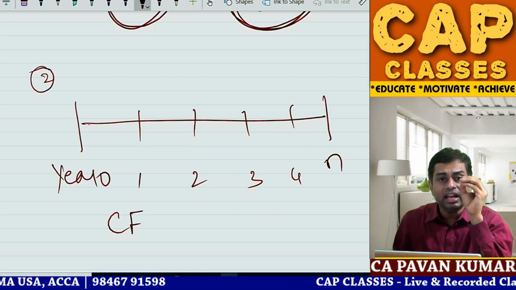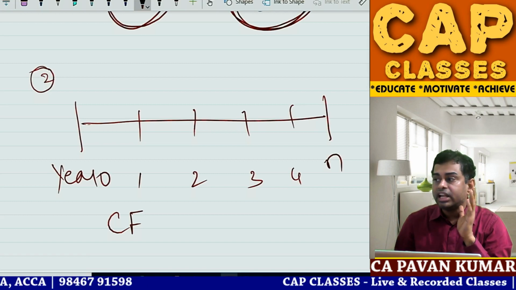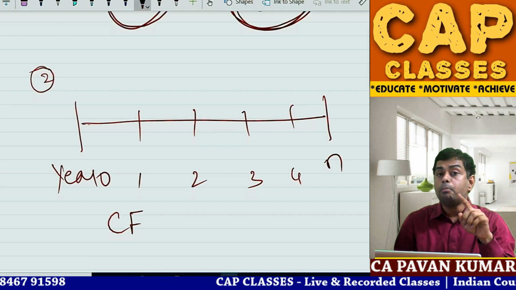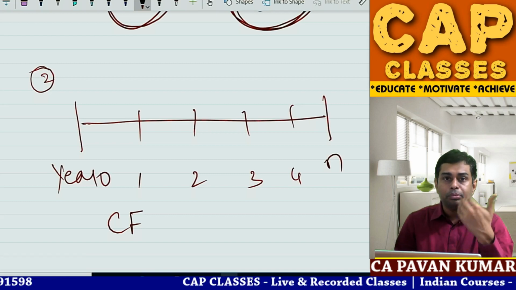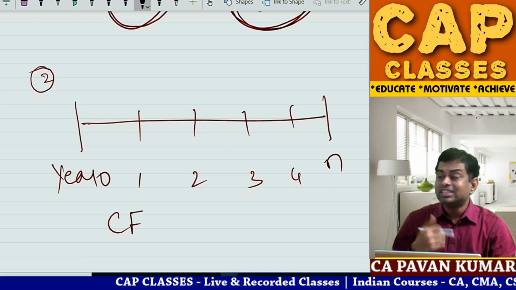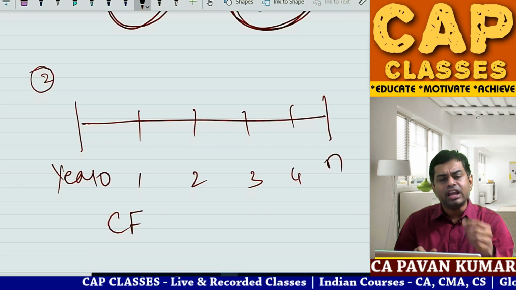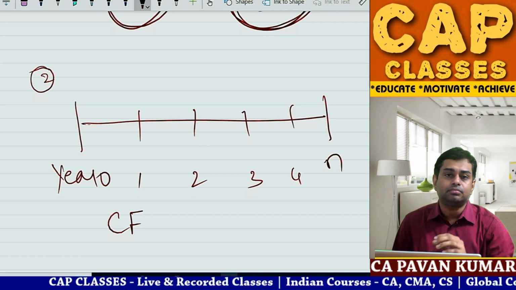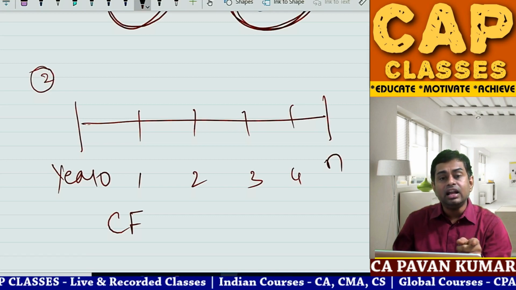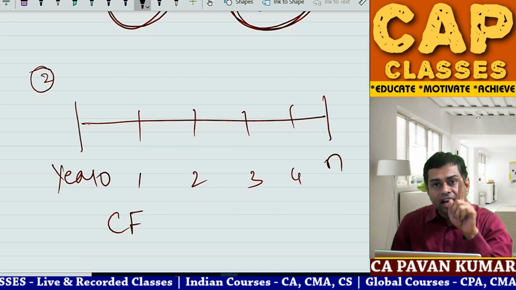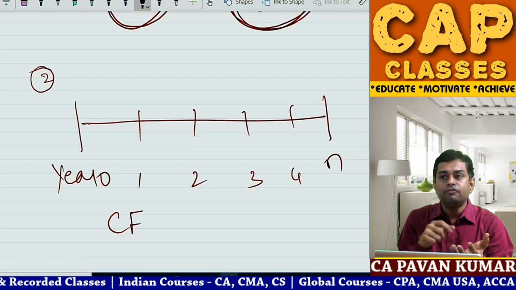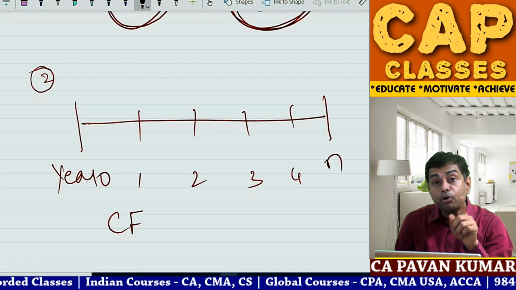When you put money in a bank FD, if every year you are withdrawing interest, compounding is not possible. 1 crore rupees you have put, 10,000 is interest. At the end of the first year, you have withdrawn 10,000. Second year, 10,000 withdrawn. Third year, 10,000. So every year you are withdrawing interest, or your interest accumulated is transferred to a savings account, then at the end you will get 1 lakh rupees only back, no? Today you invested 1 lakh, every year 10,000 withdrawn, in the 5th year you will get 1 lakh only. Then compounding is not allowed.